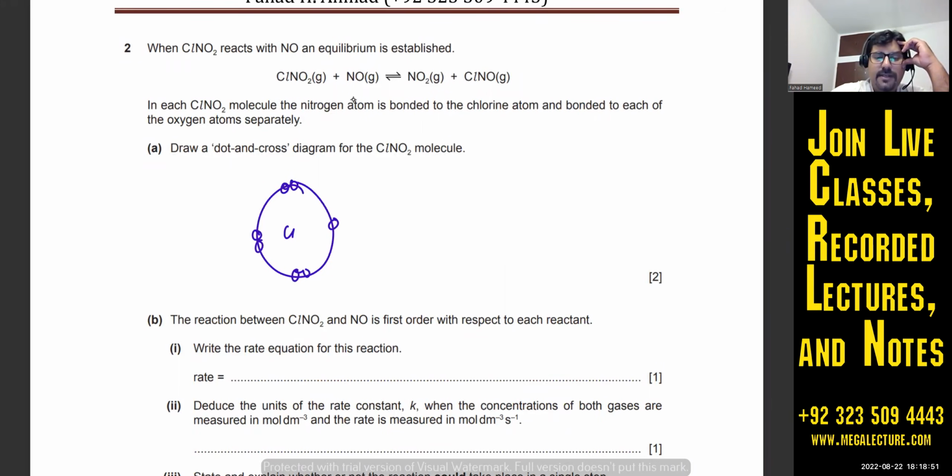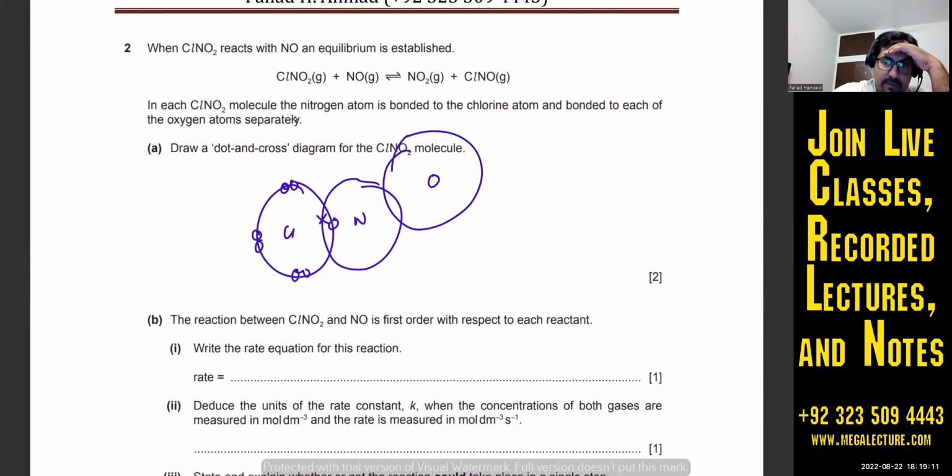So nitrogen must be making a covalent bond, right? And he's saying that it's bonded to each of the oxygen atoms separately. Remember, oxygen makes a double bond, right? So oxygen ka jo hoga na, that's shaded dot. So that's oxygen, and that's